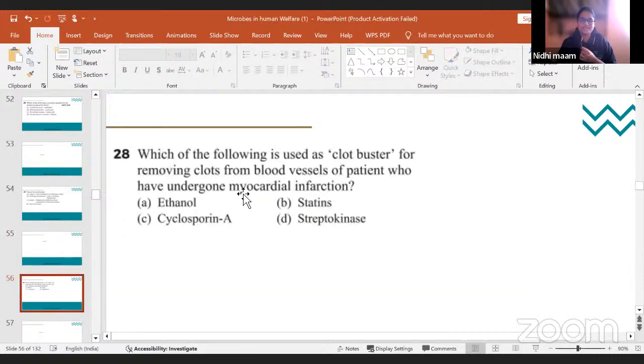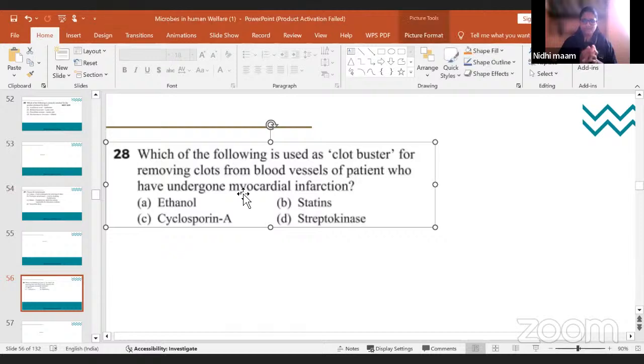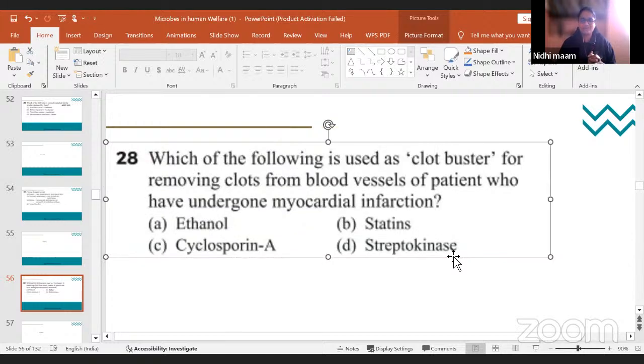Next question. Which of the following is used as a clot buster for removing clots from blood vessels of patients who have undergone myocardial infarction? A. Ethanol. B. Statins. C. Cyclosporin A. D. Streptokinase. Quick response is given by Shravani Kulkarni, followed by